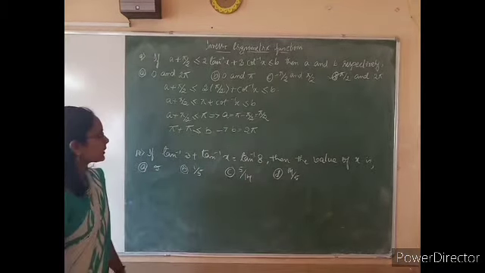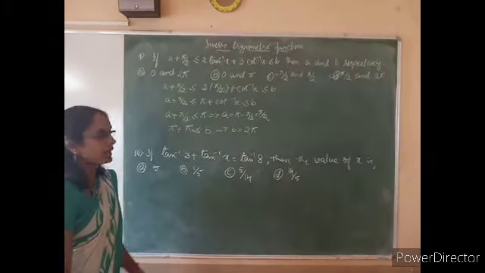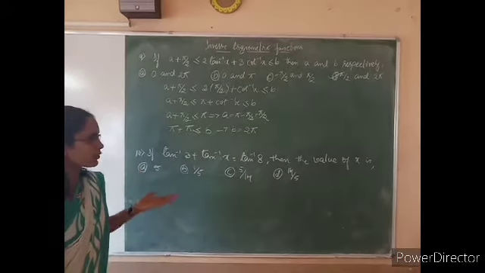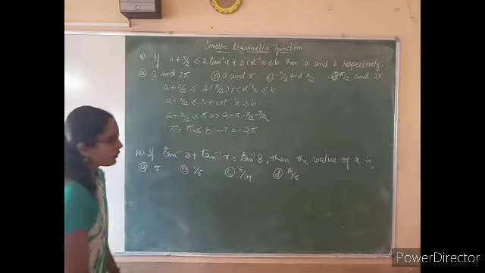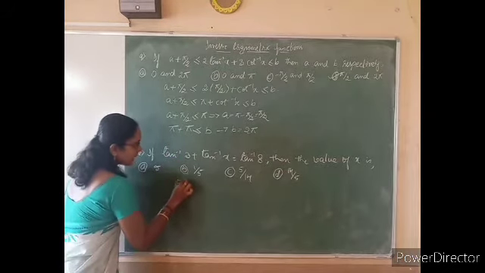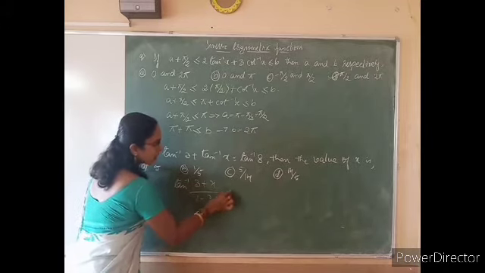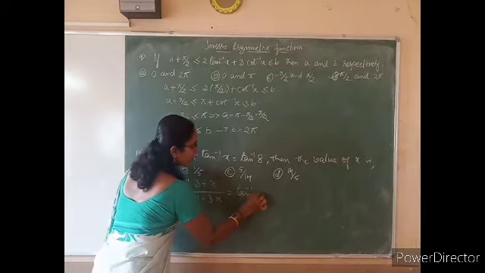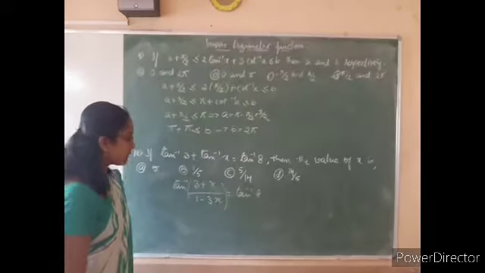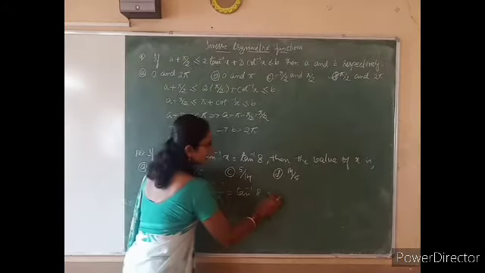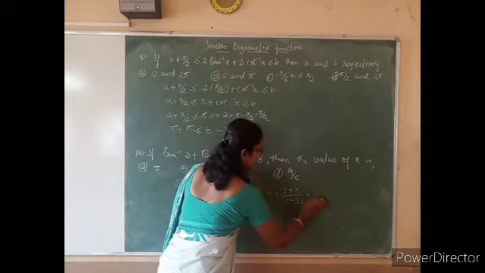So, 10th one. If tan inverse of 3 plus tan inverse of x is equal to tan inverse of 8, find the value of x. Direct question. Substitute in the formula tan inverse of x plus tan inverse of y. So, according to that, tan inverse of (x plus y) divided by (1 minus xy) is equal to tan inverse of 8 here. On both sides tan inverse is there, so we can cancel that. Then you will get simply (3 plus x) divided by (1 minus 3x) is equal to 8.